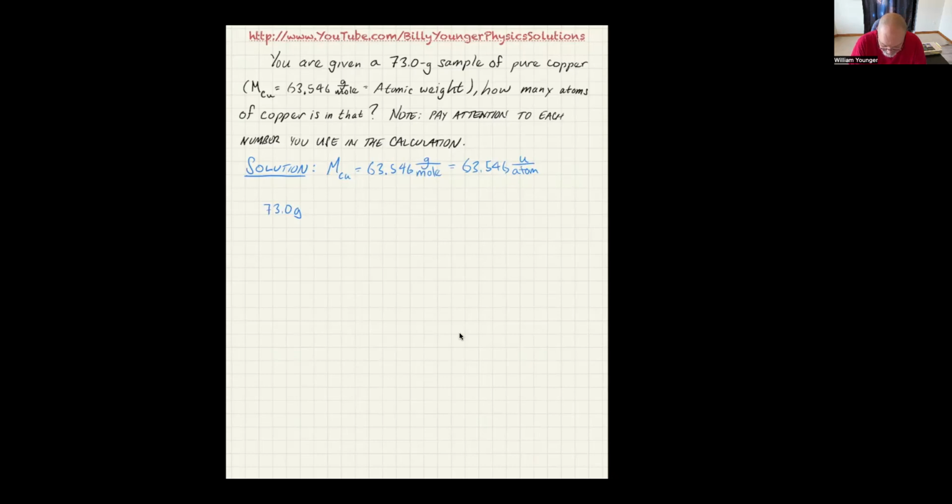So if I take the 73.0 grams and divide it by 63.546 atomic mass units per atom,